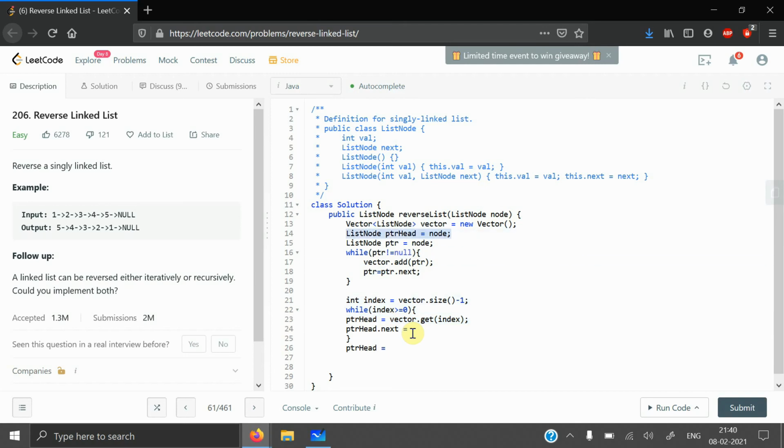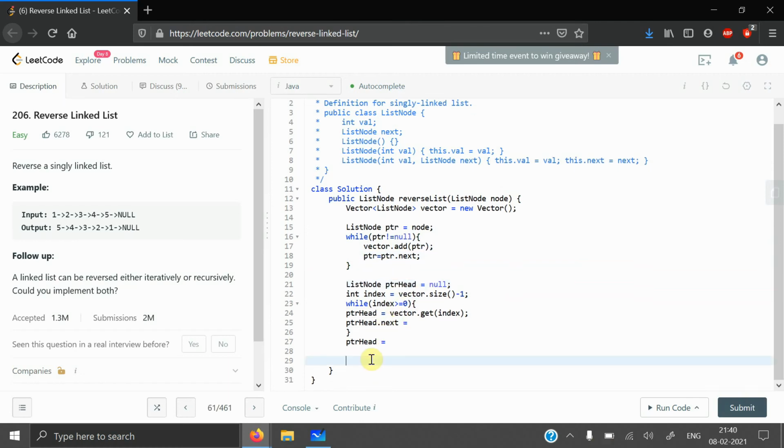Actually I'm not using this thing now, so let's make it null for now, and we start using this thing from here. In the worst case, if we don't have any values in our linked list, we'll return the null pointer. And when there is something in there, I will try to get it out. I have a pointer head, and I will say pointer head dot next equals